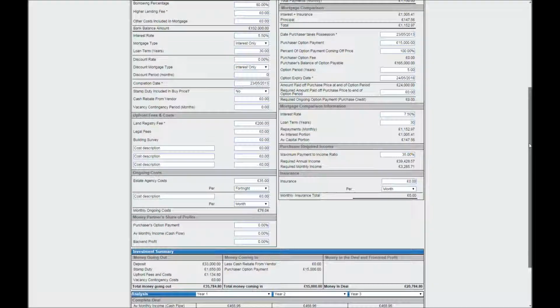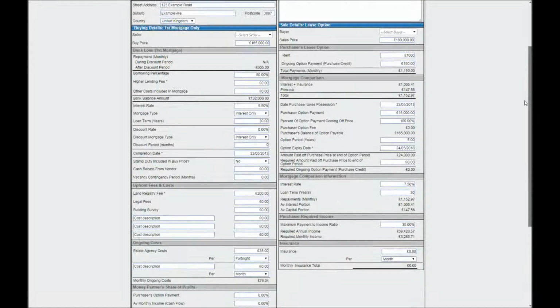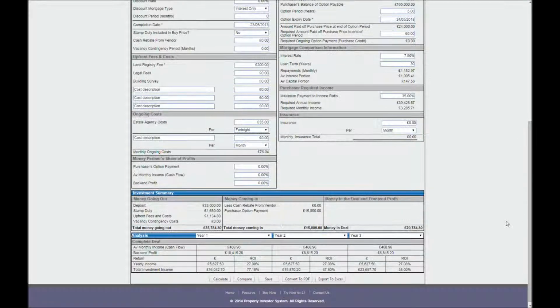As this is a lease option, it's going to have things like your rent and your ongoing option payment, the option fees, all the different terminology that are applicable for this type of transaction. And down the bottom here, we can see how much stamp duty was. It'll do the calculations for the stamp duty, all the land titles and transfer fees. It works those fees out for you when you enter the deal,